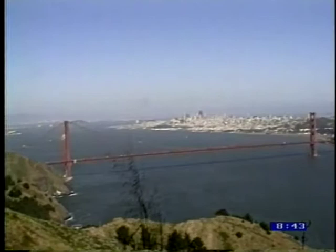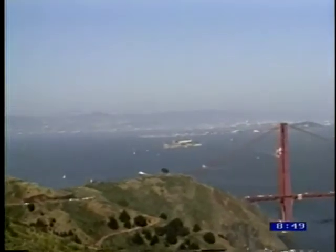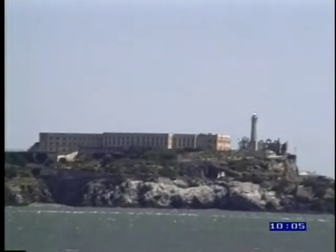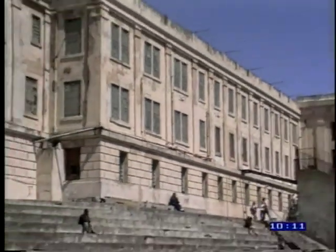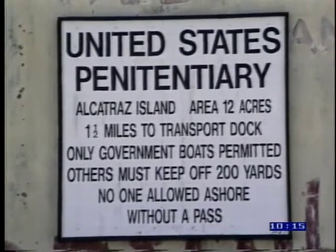Just east of the bridge lies Alcatraz Island, which was the home to one of the United States' most famous federal prisons, Alcatraz. Alcatraz was the first permanent military fort on the west coast of the U.S., and a military prison was built there in 1861. The Rock, as it was called, was a federal prison from 1934 until the government closed it in the early